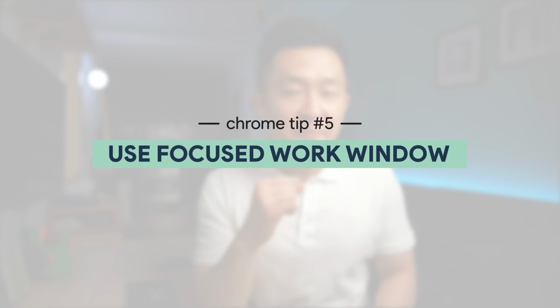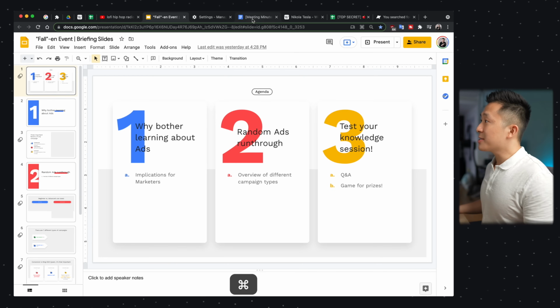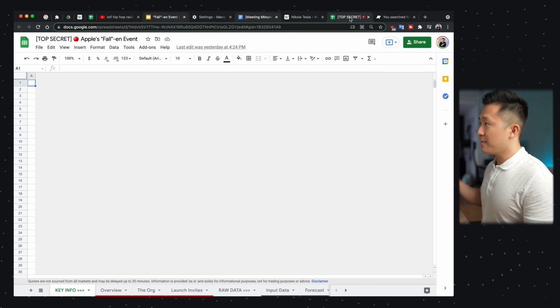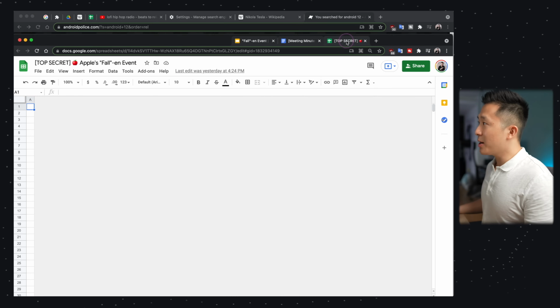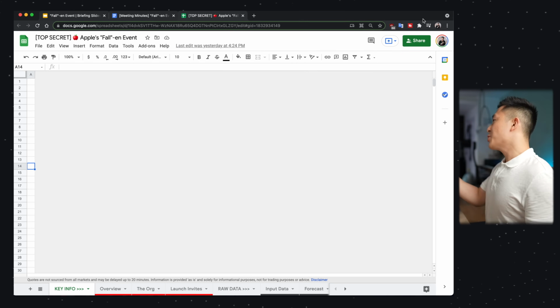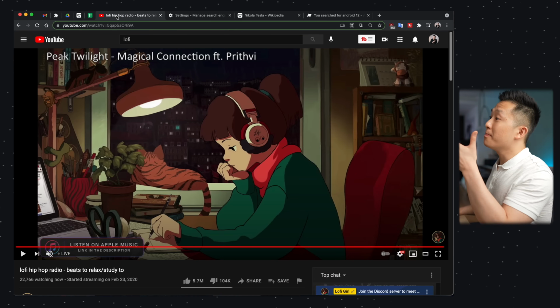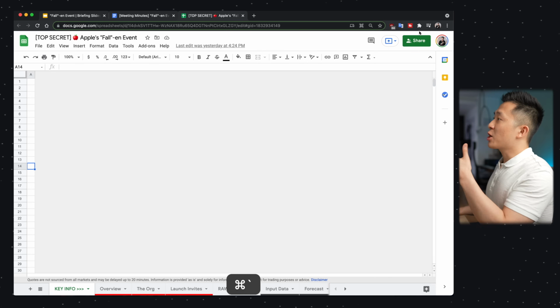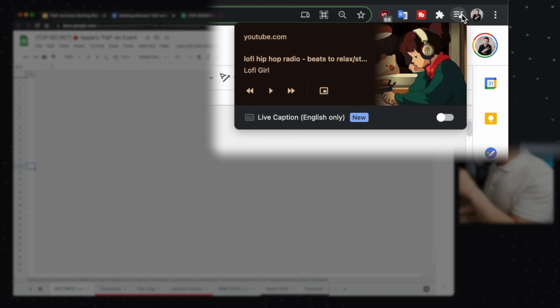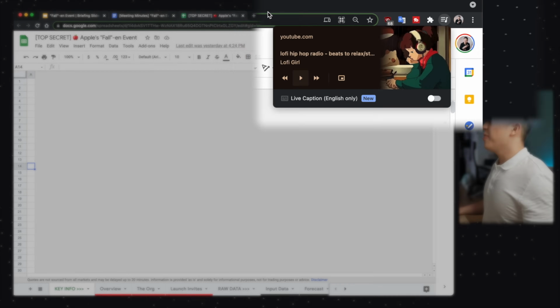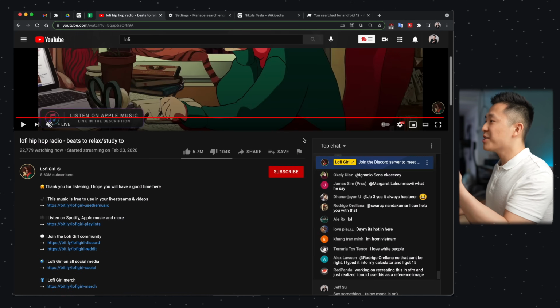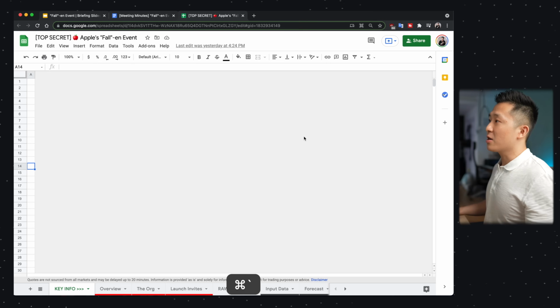Tip number 5 is a very minor, but in my opinion, very meaningful action to take if you're trying to focus. And that is to select multiple tabs you're actively working on by pressing down the Command key and pulling them out into a separate window. This way, I'm not distracted by my email, my calendar, or even YouTube Music playing in the background, since I can control the playback of any Chrome audio within whatever window that I'm on, like so. And this stops me from being tempted to watch other YouTube videos when I toggle back and forth.